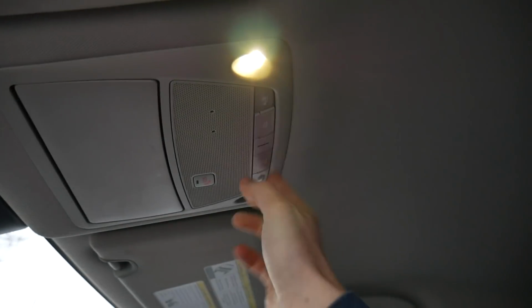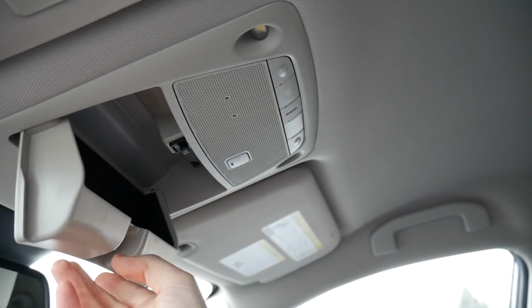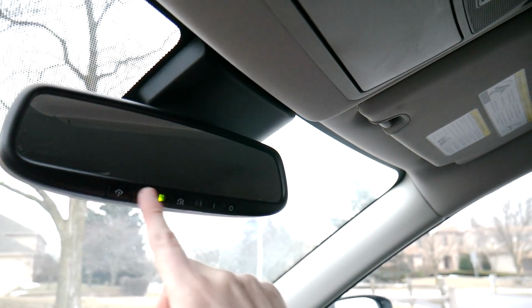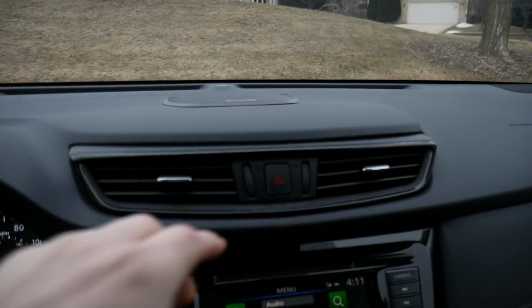Up top we have lights to turn on and off to illuminate the cabin, an SOS button right here, and a sunglass holder. Your rear view mirror has a couple of buttons on there. That's to program your garage door openers if you choose to, and then a button to turn on and off the automatic dimmer feature. Down below there we have our hazard buttons,